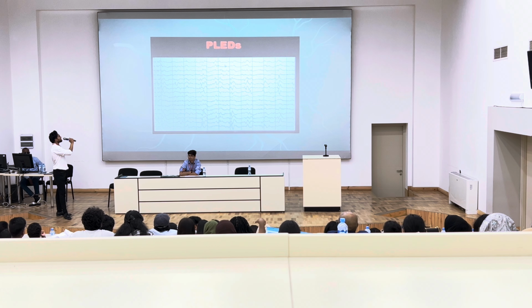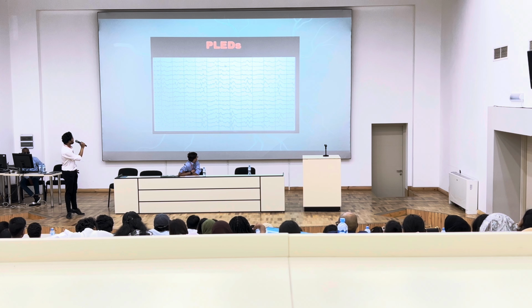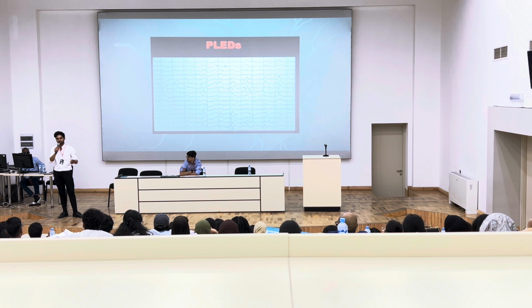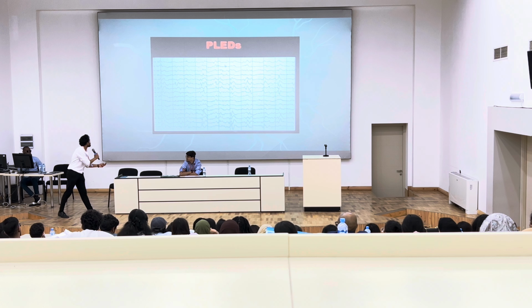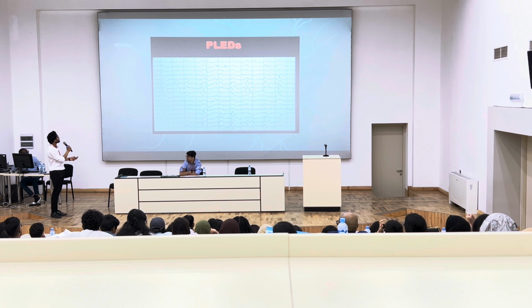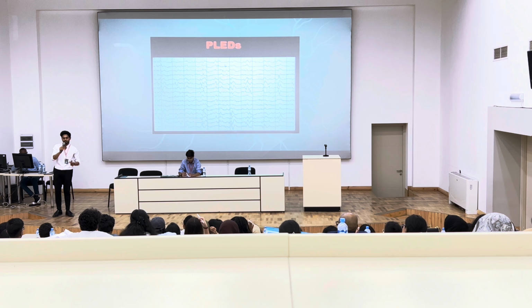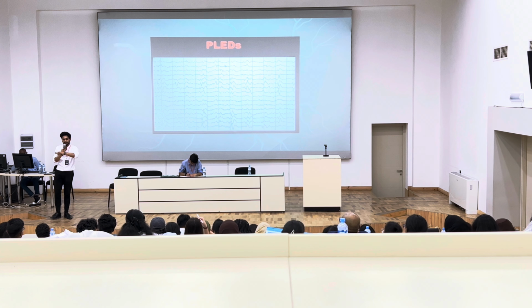Okay, so the fourth pattern is PLEDs. It's a very old term. Right now it's known as periodic lateralized epileptiform discharges. So let's look at it here. You can see there's a spike, then normal, again some spikes, normal, again some spikes, normal. So basically you have spikes, normal, spikes, normal, spikes. So it's very periodic and spiky.